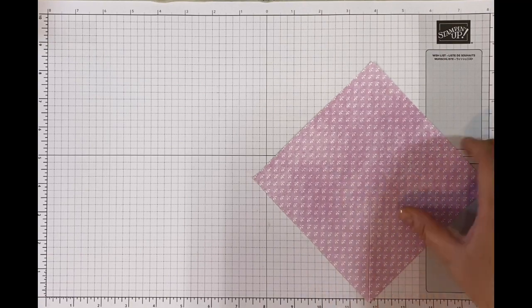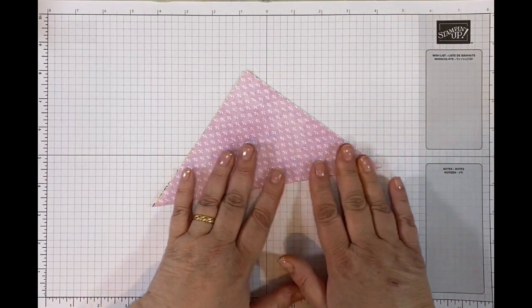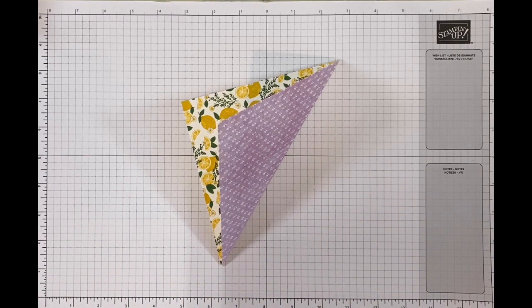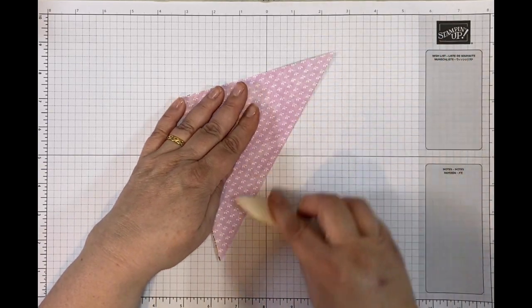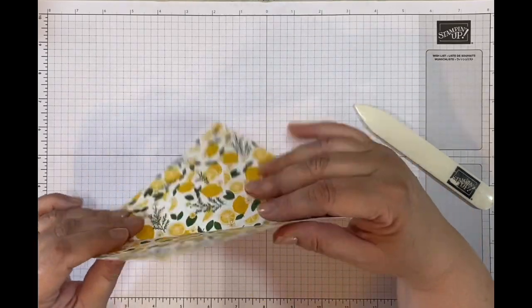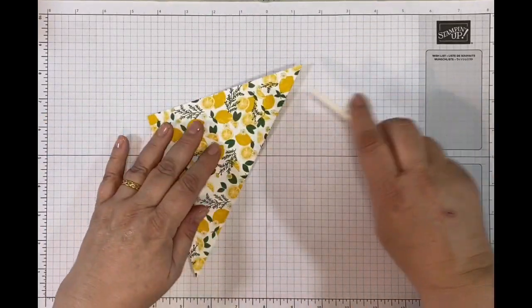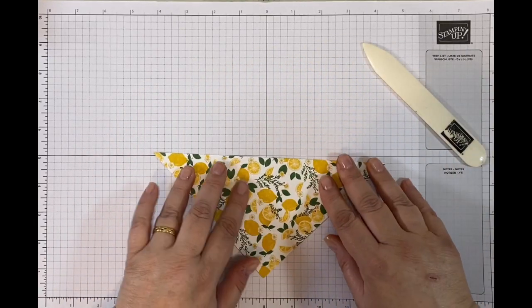However, I do need to do a little bit of folding, so I'm going to do that. I'll get out my bone folder just to make this a nice sharp crease, just like that. Lovely. Okay, so I want this, folded it the wrong way, sorry guys, folded it the wrong way, oops. So I want it to go like this. So now I need to make sure this lines up,